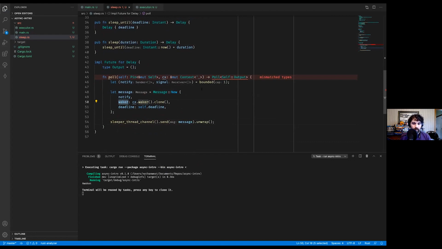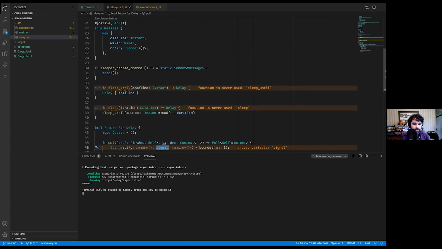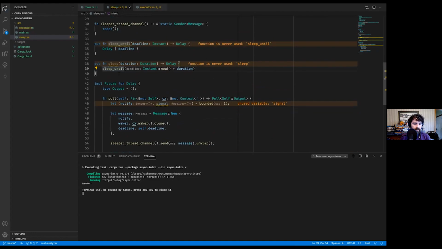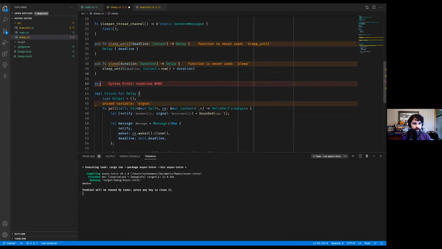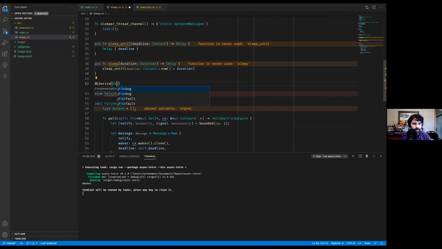Now, we are going to need some sort of state here. Actually, let's return pending real quick because that's sort of the last half of it. Pending. Great. Now, we need some sort of state. We need to save this signal so that we can check it in the future. So let's go ahead and do that. We will make ourselves a state, enum DelayState.